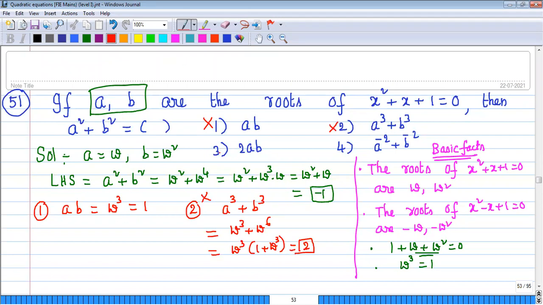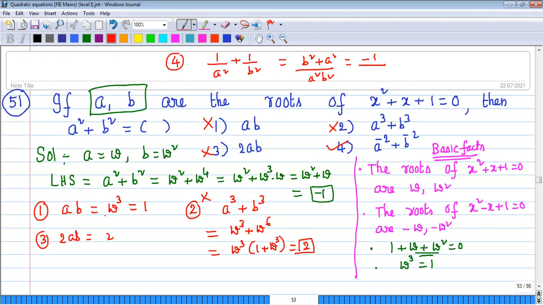So ab is equal to 1. Third option, 2ab is equal to 2. Third option eliminated. Go to the fourth option: 1 upon a square plus 1 upon b square. That means b square plus a square upon a square b square. Here a square plus b square is equal to -1. Here (ab) whole square, ab is equal to how much? 1. 1 square is 1. So -1. That means this a square